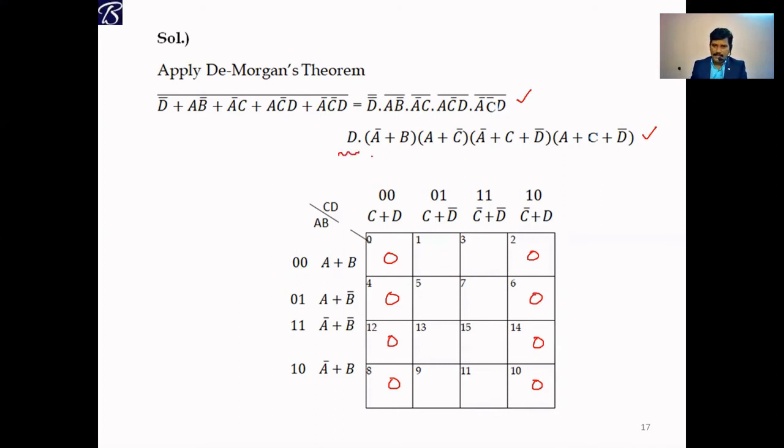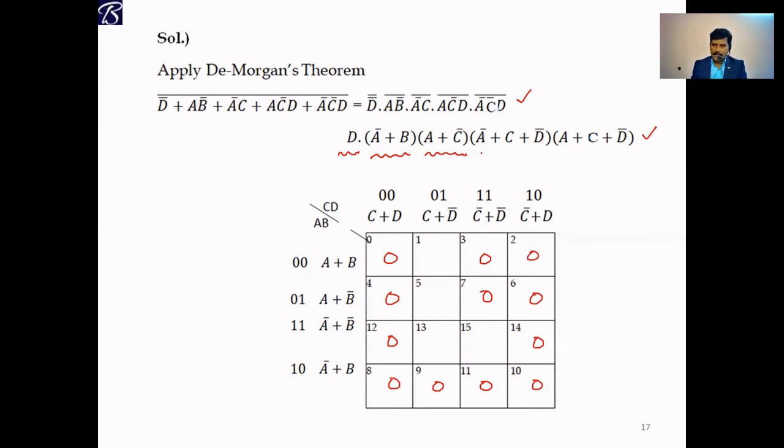Okay. Now consider this A bar plus B. A bar plus B is this one. This is one quad. So already two zeros are there. The remaining zeros you put here. This is related to A bar plus B, the second max term. Coming to the third max term, that is A plus C bar. A is the common term here. C bar is the common term here. So this is one quad. This 2, 3, 6, 7 forms a quad. So already two zeros are there. You put zeros here. So this is related to A plus C bar.